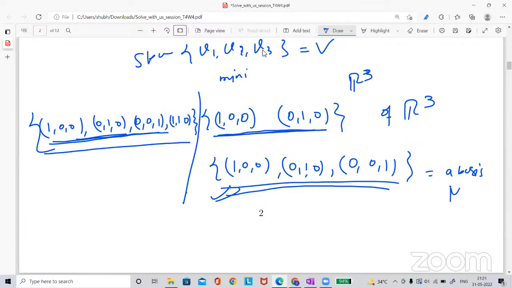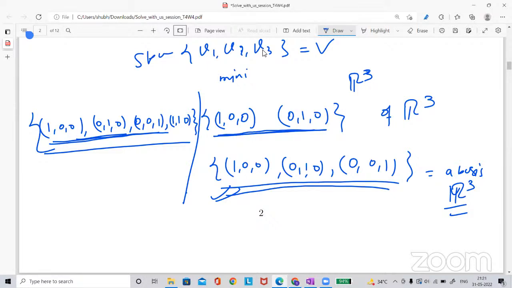Sir, if one is satisfied, isn't the second one satisfied? Okay, now I am getting your point. One student asks a very interesting question: if a set is satisfying one condition, is it satisfying the other condition or not? Can you write an example where the set is